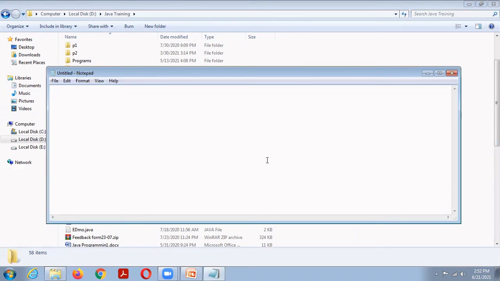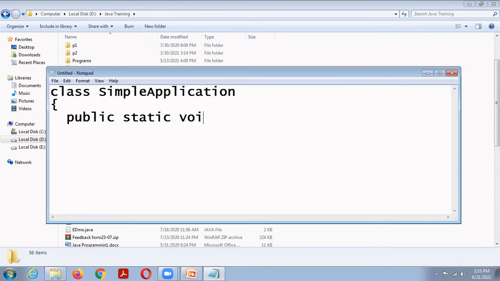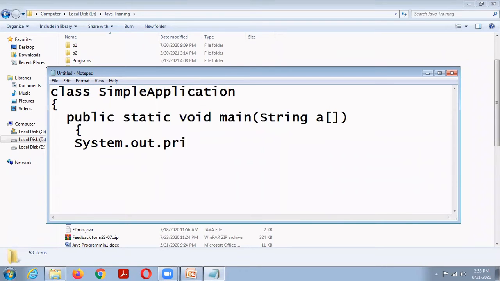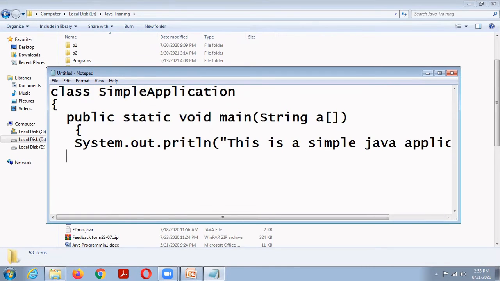Start Notepad. Class, with a capital C and small letters, SimpleApplication.